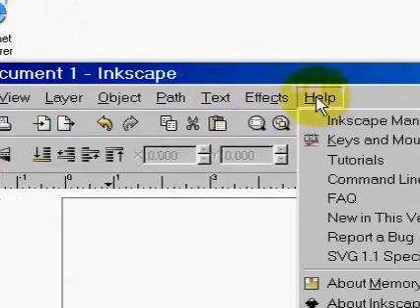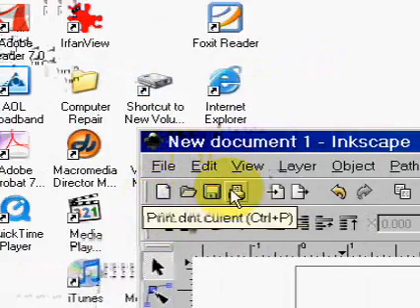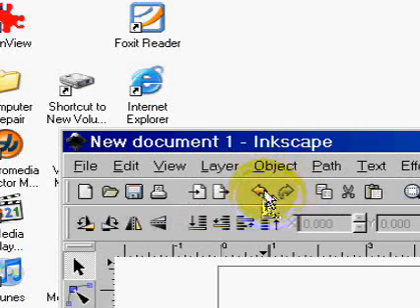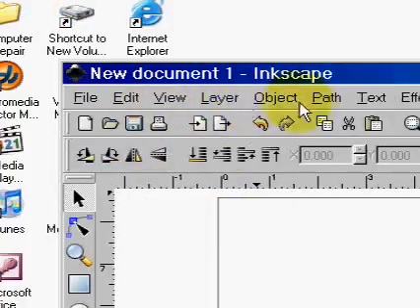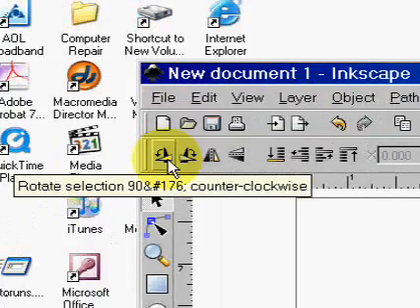Okay. And underneath it we have a series of icons, and if you just hold your mouse over them, it tells you what they do. Some of the most important ones are Undo. Anytime you're drawing, undo is very important. So on. There's Rotate, Flip,